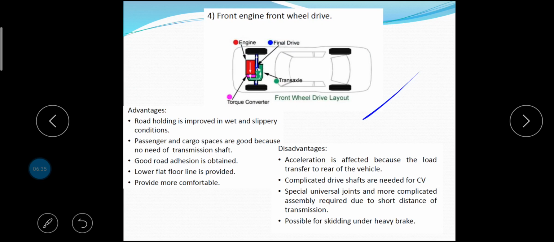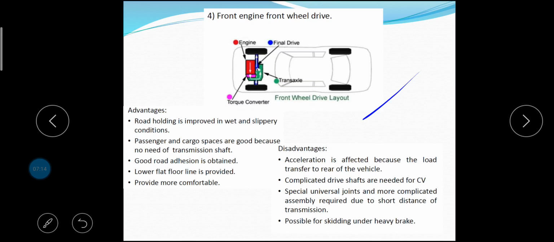This layout provides optimum body luggage space and a flat floor line resulting in a transverse or longitudinal engine position. This drive, pulling the car along, provides good grip and good road holding on curves due to major weight at the front. The chances of skidding, especially on slippery surfaces, are very much reduced. Good road adhesion is provided by the large proportion of the vehicle weight acting on the driven wheels. When the vehicle is steered into a curve, it provides understeer characteristics always preferred by the drivers.